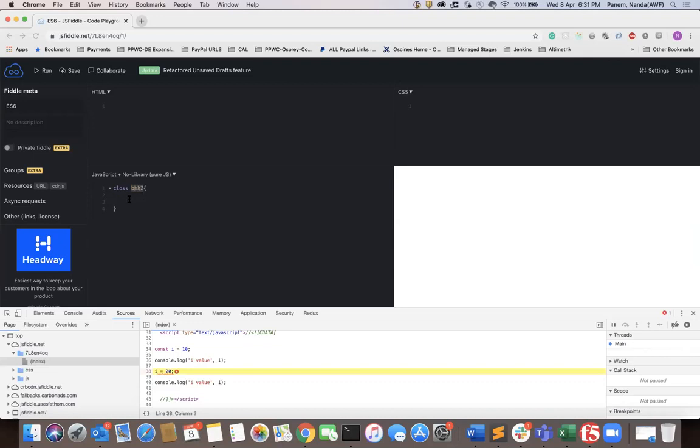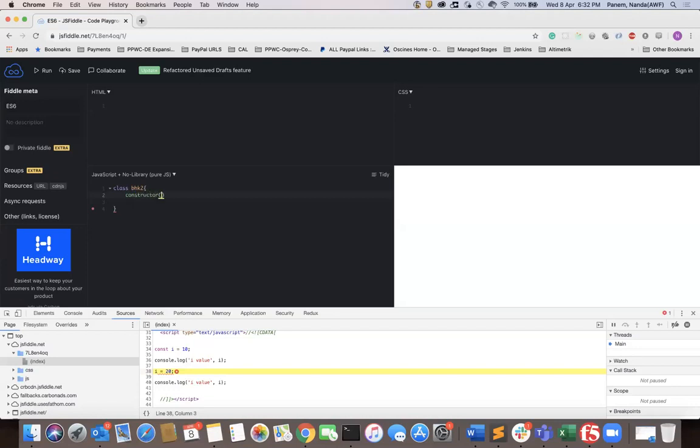Unlike other programming languages, JavaScript won't support multiple constructors or constructors with different parameters. In JavaScript, at any point of time, we are going to have only one constructor. So I'm going to create a constructor, and here the constructor name is constructor itself.